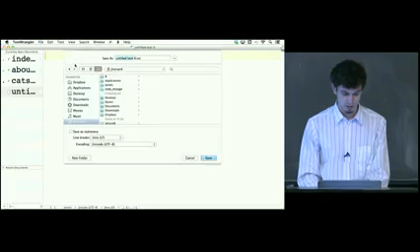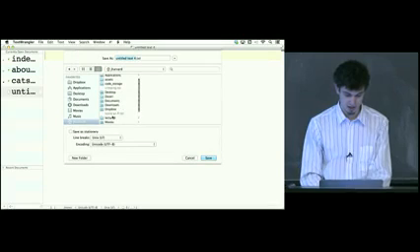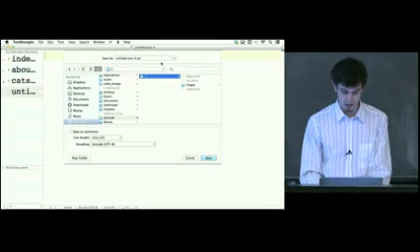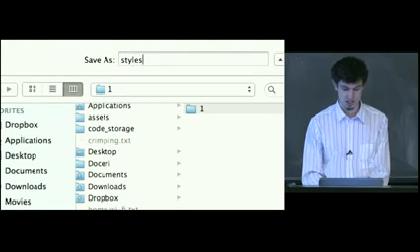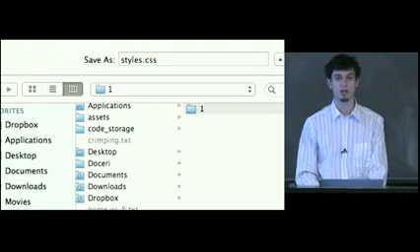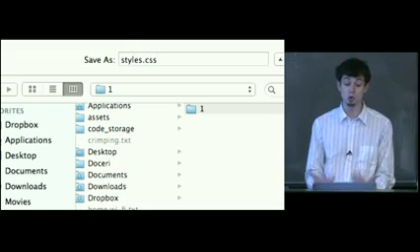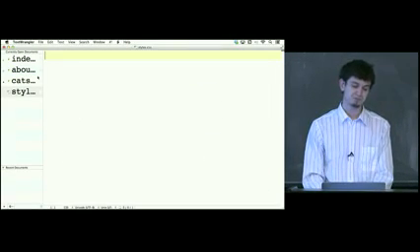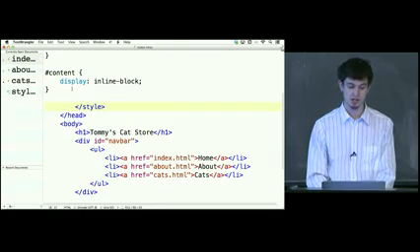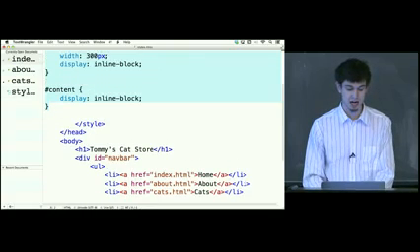So if we come back here, I'm going to create a new file. I'm going to click Save, and I'm going to come in here, again, just Lecture 8, 1, and I'm going to call this now, rather than untitled text 4, styles.css. So that means that inside of this file is only going to be CSS. So when I click Save, now if I come back to index, and I take this, I'm just going to copy it,